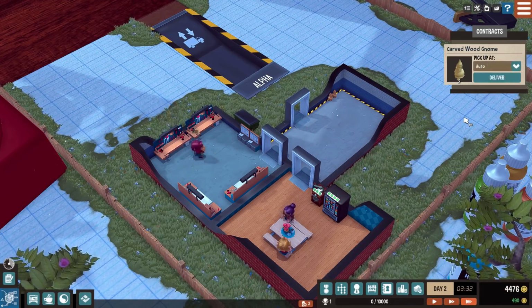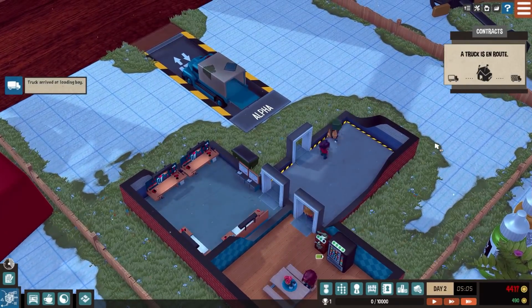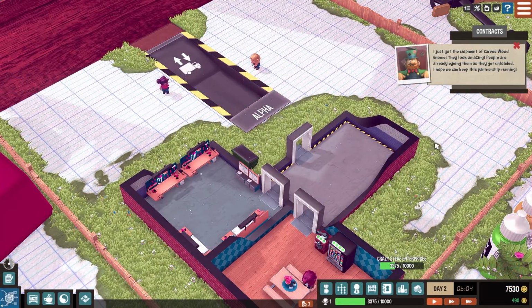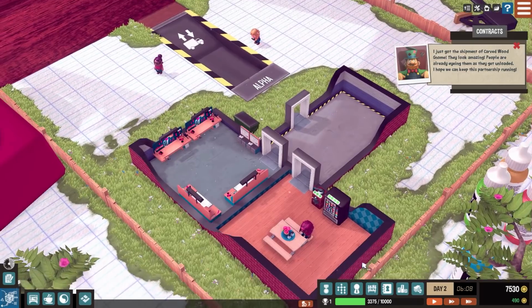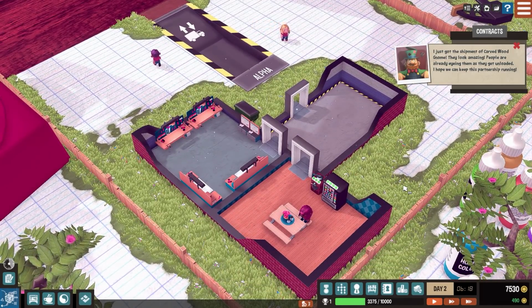And once it is done, then we will be perfectly ready to have the delivery. There we go. Truck is en route. It's going to pick it up, and then they will haul it off into the truck, and then we will get paid. And we got paid 3,150. We gained some experience, as you can see,